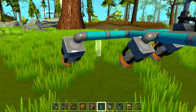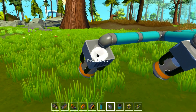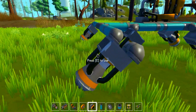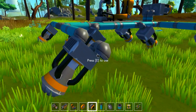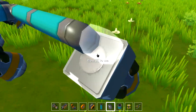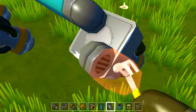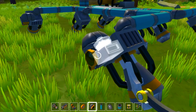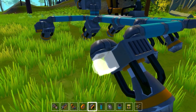Alright. And we only need 4 of them. Because all of these ones can be hooked up to that. These ones, I believe. Oops. Let me just make sure that these are...